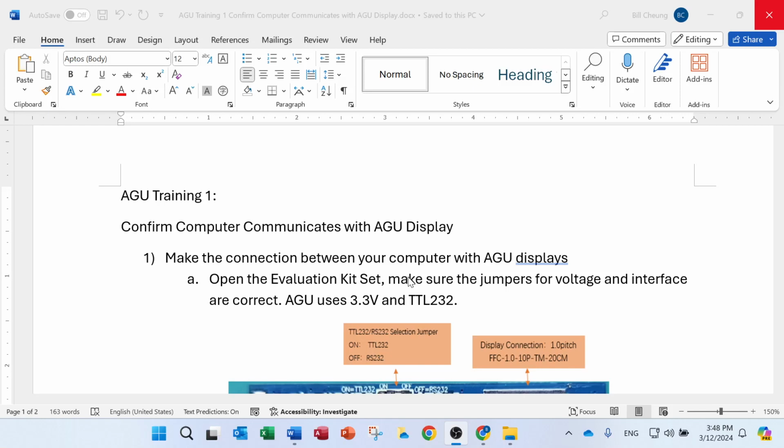This is our first training, and how we confirm the communication between the computer and our AGU display properly. First, we need to make sure the connection between the computer and the AGU display is good. This is the evaluation kit